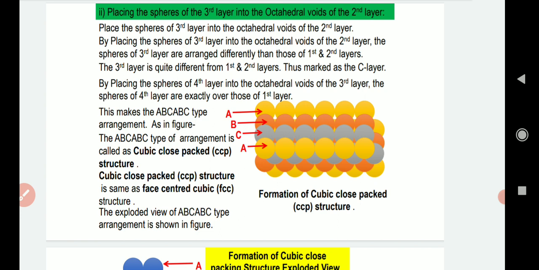Then second layer, the fifth layer that comes matches with the second. The 6th layer that comes matches with the third. This type of octahedral voids, when placed one above the other, gives rise to a cubic closed pack structure which is called as CCP structure.